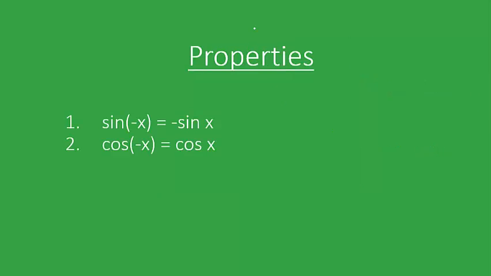Next we look into some of the basic important properties of the trigonometric functions. It will help you to find the trigonometric ratios of various other angles if a certain angle is given. So let's see the first property, that sine of minus x equals minus sine x. For a very informal proof, let's say this is a unit circle subtending an angle x, and this is a point P which is equal to a comma b. So sine x would be equal to